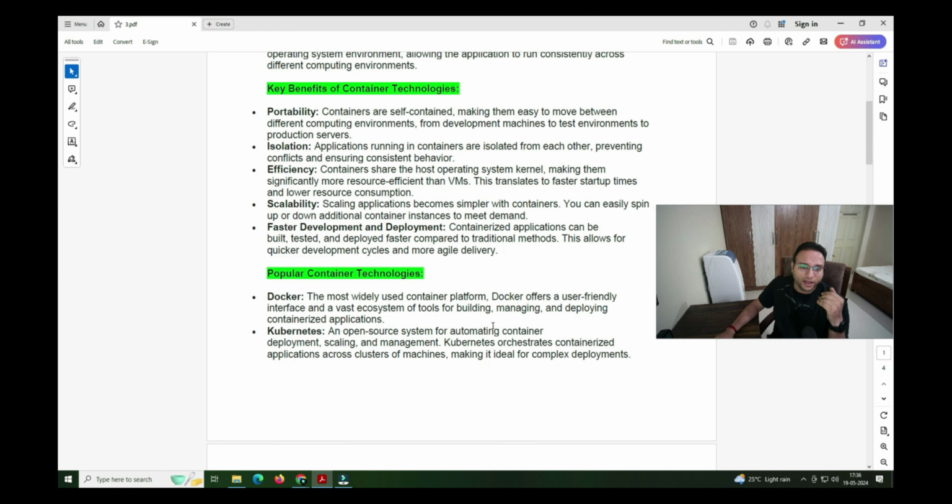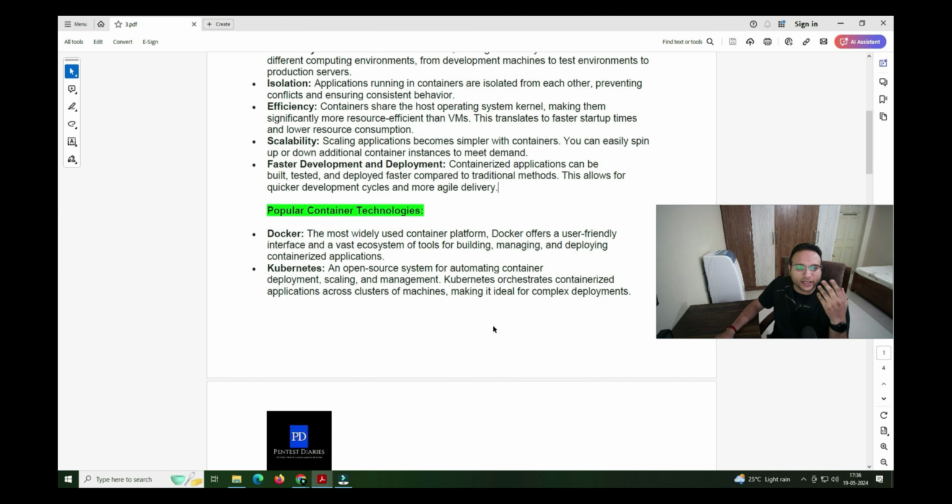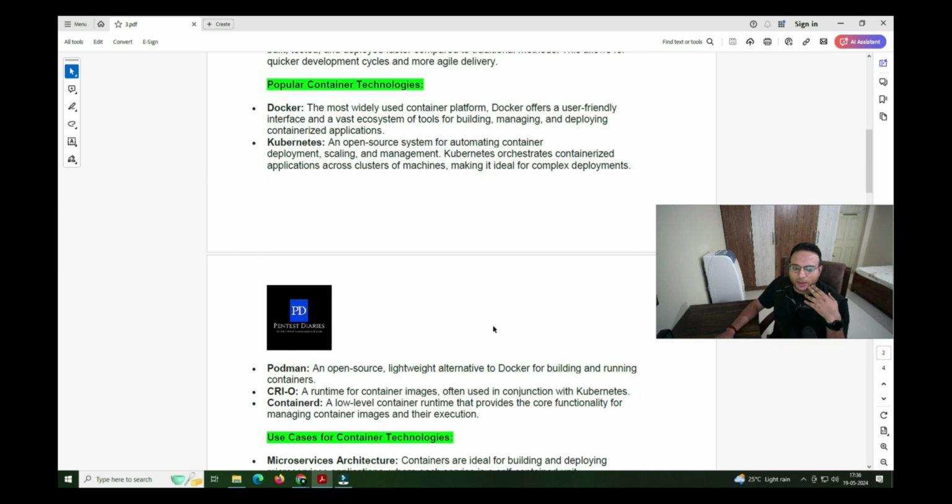Now, talking about the technologies available in the market: is Docker the only technology available, or are there others? We are talking about Docker, which we have mentioned a lot. Kubernetes is also one of the technologies available in the market. Podman is one, and CRI-O and containerd are also technologies. So these are the five. I'm not saying these are the only five, others are in the market too, but I am just nominating five right now.